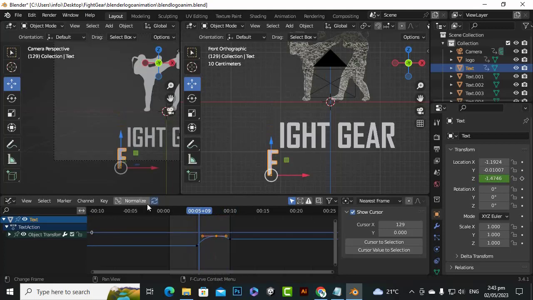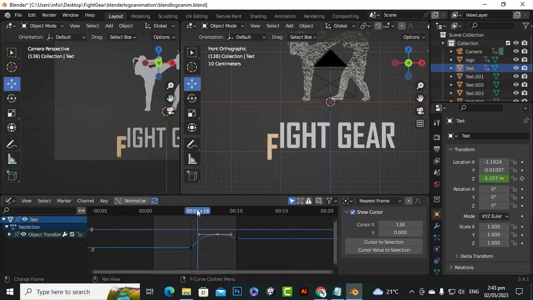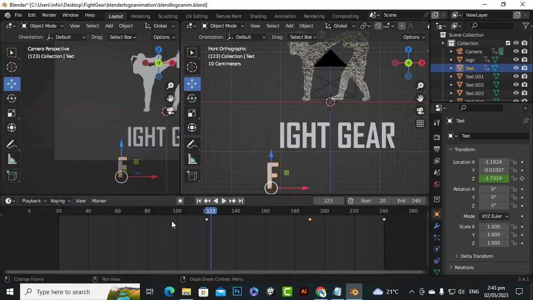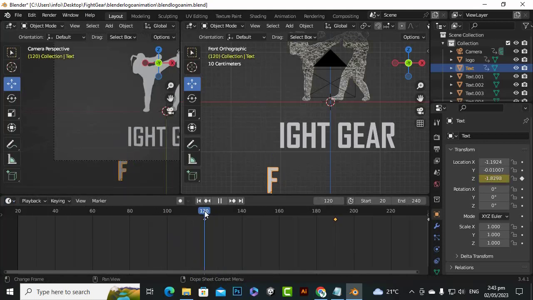So let's bring the frames to the 40th frame, and instead of these things, we will again move back to the timeline so that we can analyze the exact frame size. So let's bring it to 120, and on 120 we will just rotate it to Z axis. Okay, so the letter will be rotated to the Z axis, and we need it to be 180 degree. Okay, so 180 degree, and then we will just record the keyframe on 120, and then definitely on the last key,